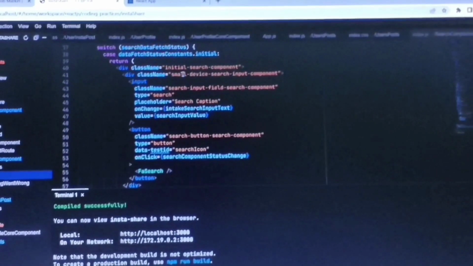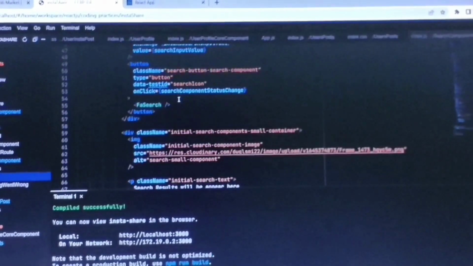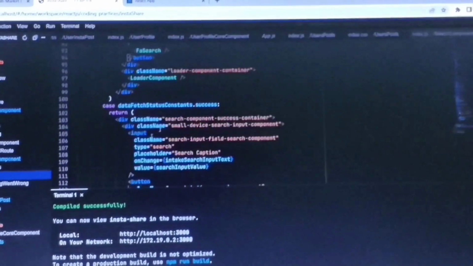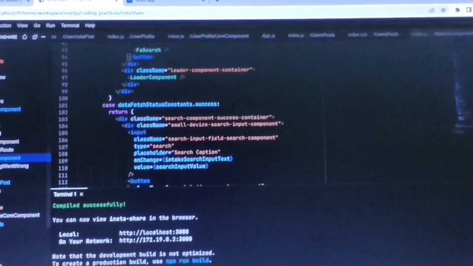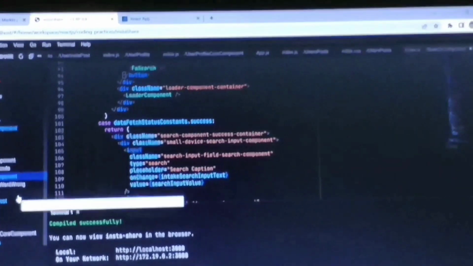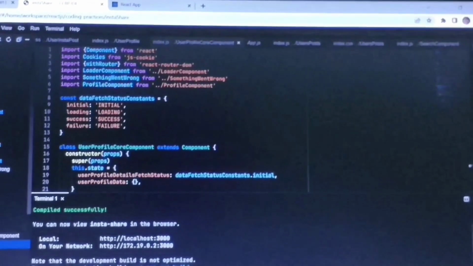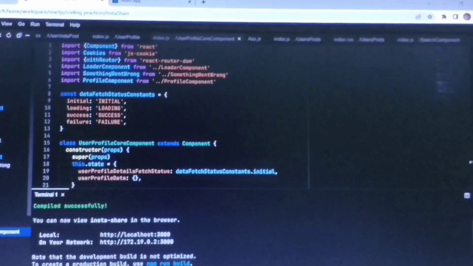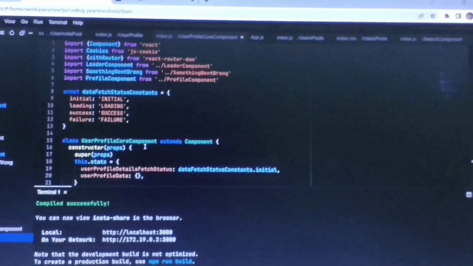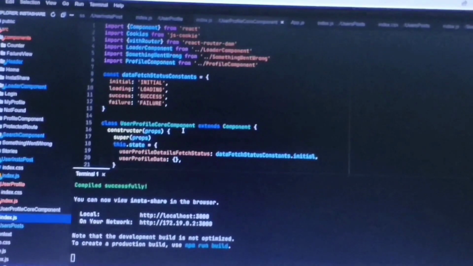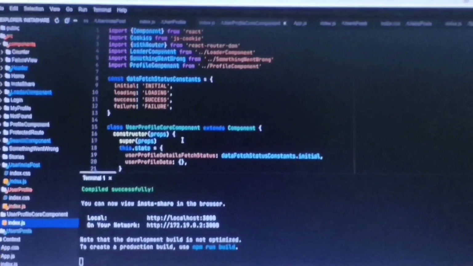Now next, coming to the app.js file, again we have the next route, user profile. User profile means a particular user follows so many users, and those users post images and some feed. From the user we can navigate to the user profile, so the user profile is designed here in the user profile component.